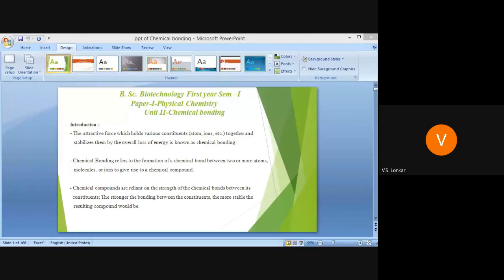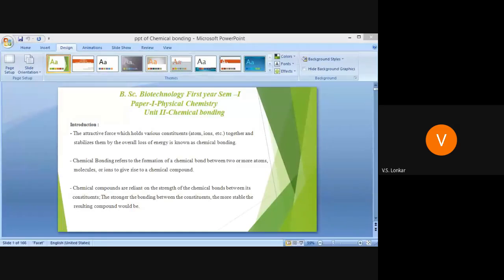In the last lecture I think we started the examples of the molecular orbital energy level diagram, or simply examples of the molecular orbital theory. In your syllabus there are four examples: hydrogen molecule, nitrogen molecule, oxygen molecule, and fluorine molecule. Out of these four we have completed two examples, that is the hydrogen molecule and the nitrogen molecule.